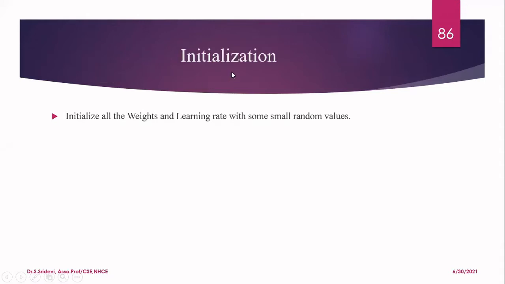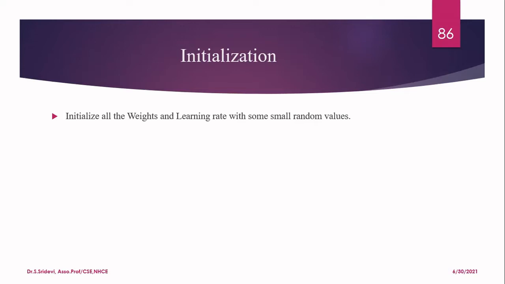So what is initialization? If you consider our model, we have many weight values. Weight is nothing but, for every edge related to the input from the previous layer, we are assigning a weight value. Okay, so you have to learn the weight of all the edges involved in the network, as well as calculate the weight of the bias also. That is nothing but the bias unit having some weight associated with it. That also you have to calculate.